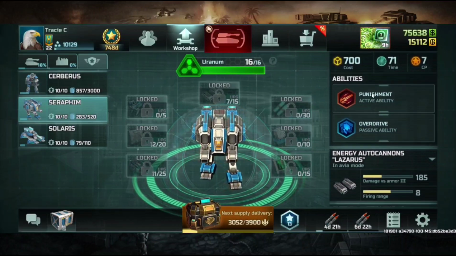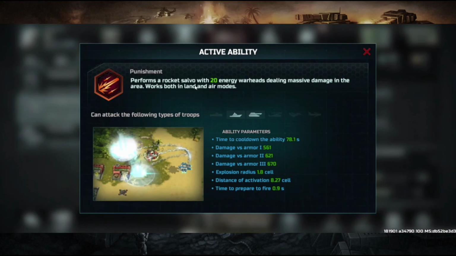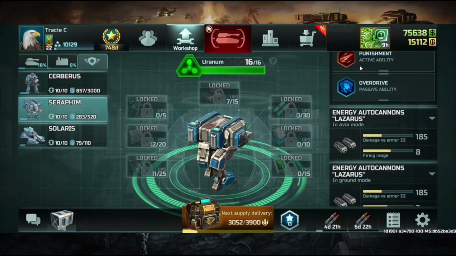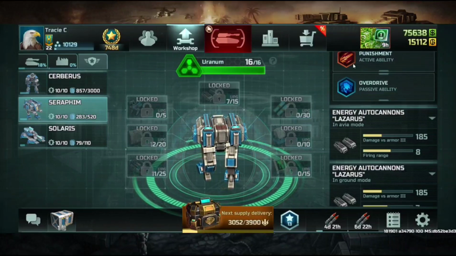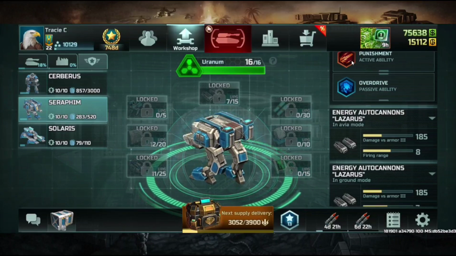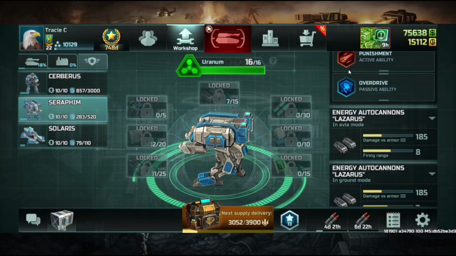Okay, now we will talk about his active ability. His active ability allows him to launch 20 energy warheads, dealing massive damage in the surrounding area. Later on we'll get more on that. This is actually called bombardment. You can bombard specifically targeted areas, and he's very good when it comes to destroying single target buildings,